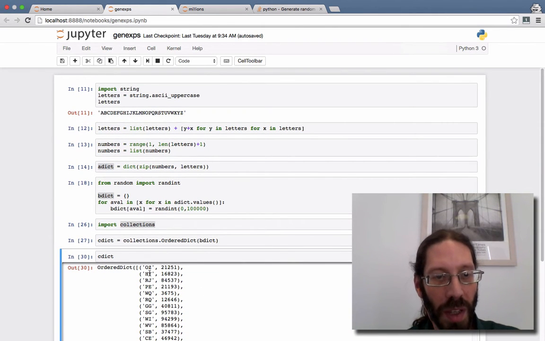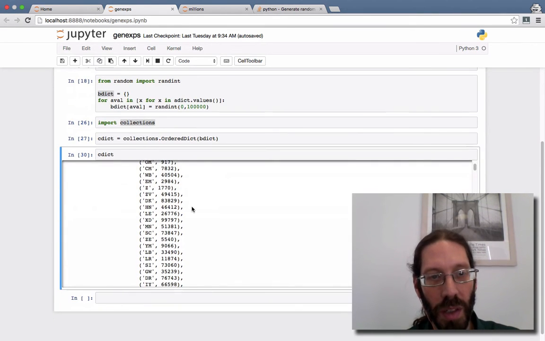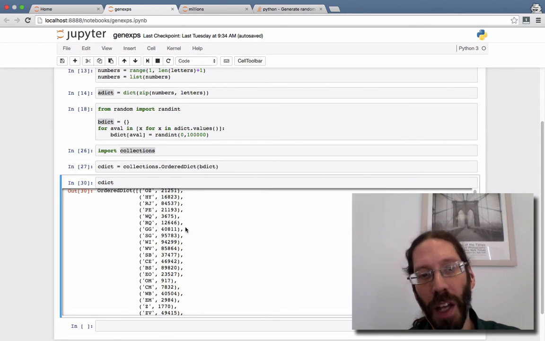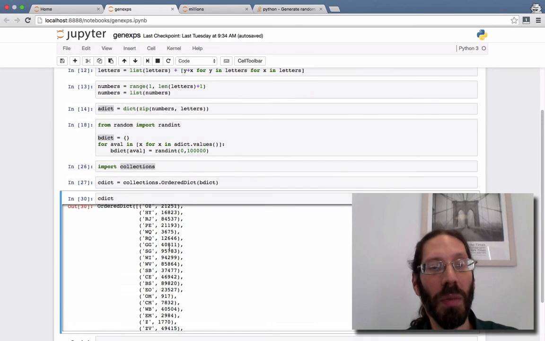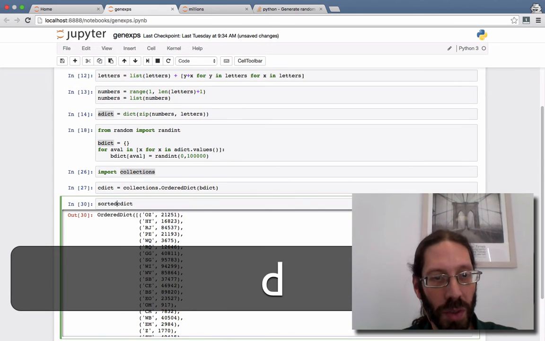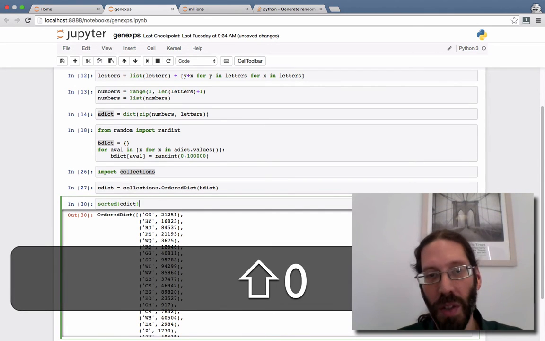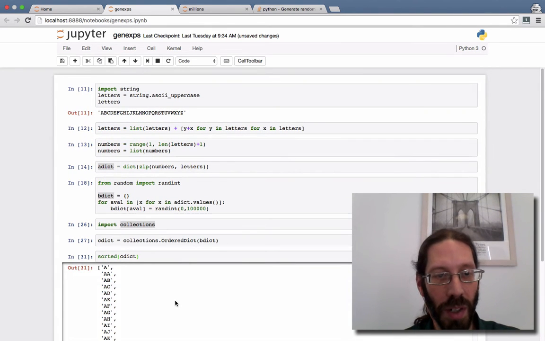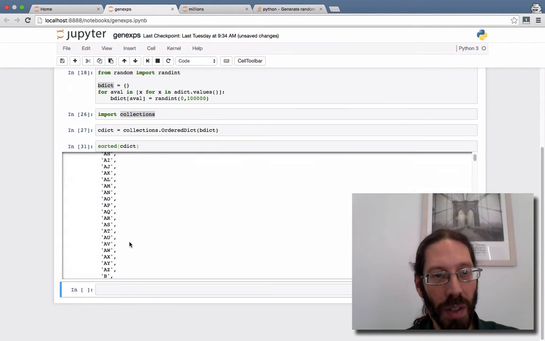So one might think, and look carefully here, see how it's going from OZ, HJ, RJ. It clearly reordered itself from the order it was in as just a dictionary, but that's fine. We're actually going to be able to fix that and alphabetize them. Okay, let me just jump right to that. Sorted. This is one of the things you can do to an ordered dictionary that you can't do to a normal dictionary. So I just ordered them,